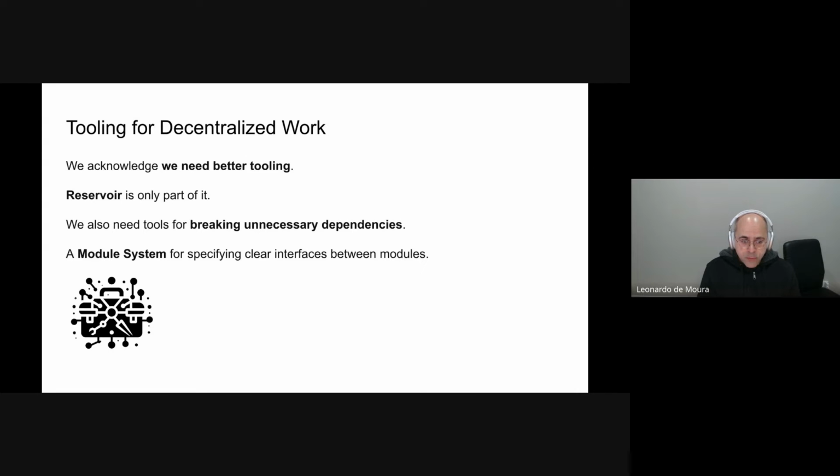We want to provide a module system that allows you to specify clear interfaces between modules. This is a way to fight against unnecessary dependencies, and to be immune when something changes. If some random feature or private thing changes in a module or a package, it doesn't break you, since you are using this module and should not be affected by this internal change.